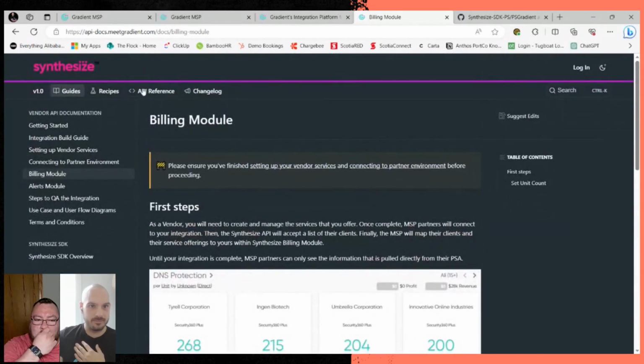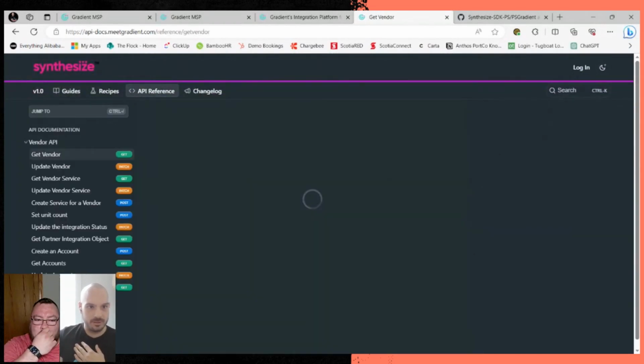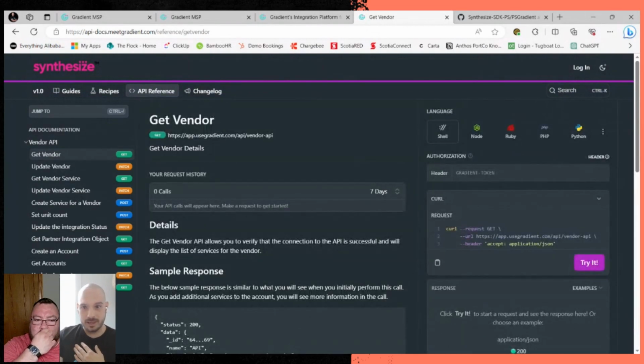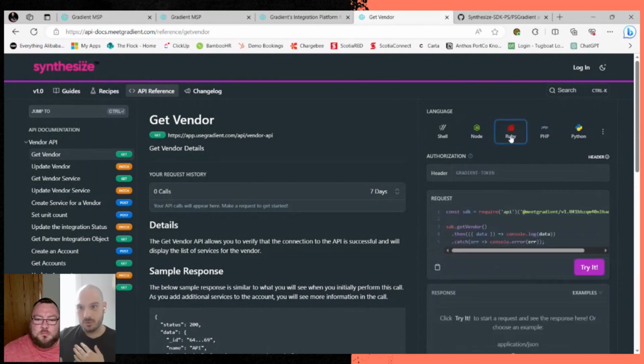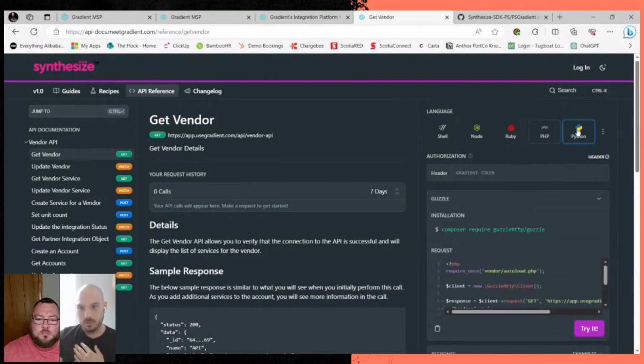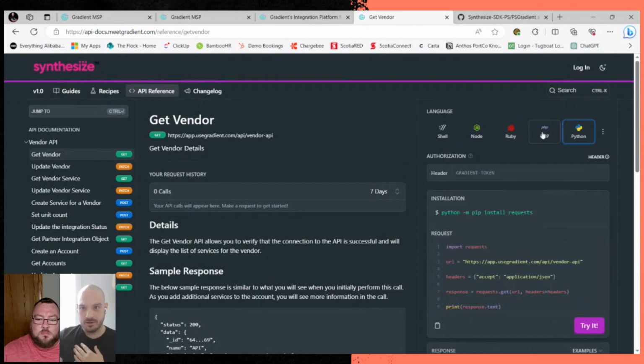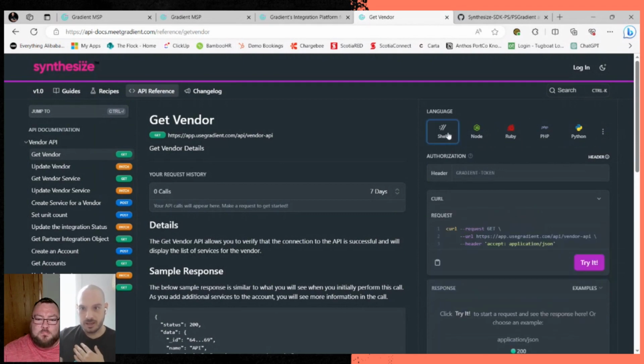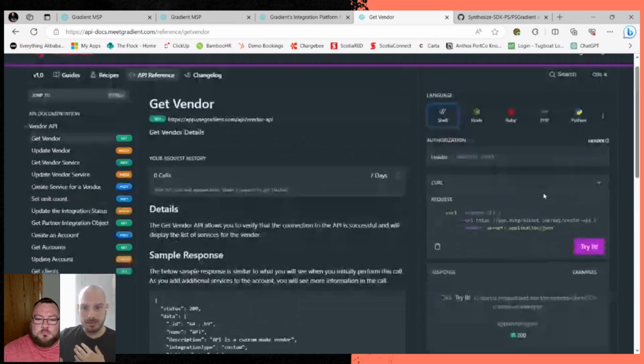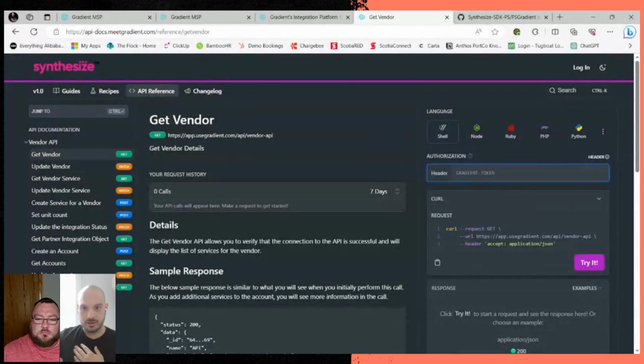We have our API reference. So if you're not sure and you want to do something, you can actually come in here and get whatever code snippets you want, depending on what you're writing in, if it's Python or PHP or the shell, and pull that, but then you can also input your Gradient token and test it, right? So without writing any code, without going and damaging any data or your instance, you can test all of that here. So it walks you through all of that.